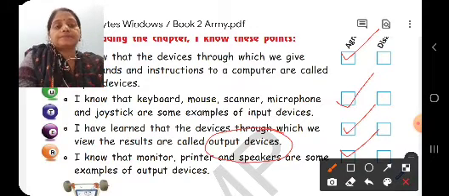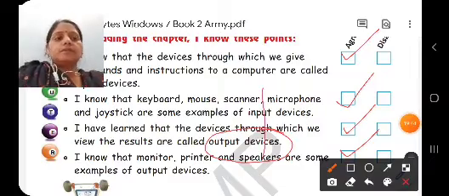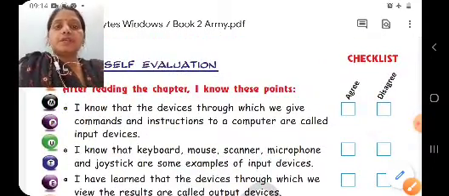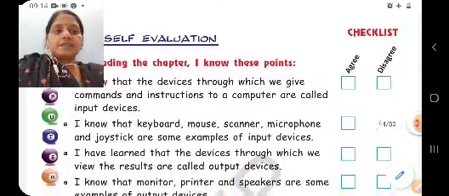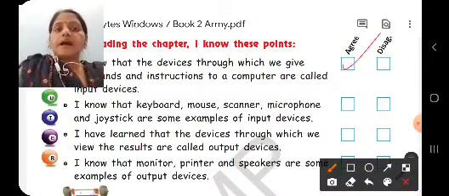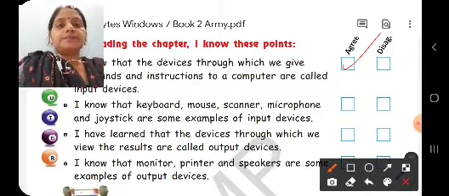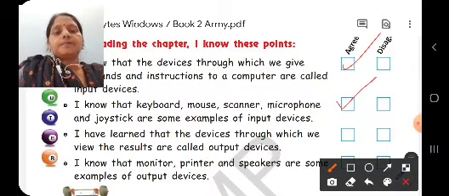So children, let us revise. I know that the device through which we give commands and instructions to the computer are called input devices. We agree with the statement? I know that keyboard, mouse, scanner, microphone and joystick are some examples of input devices.